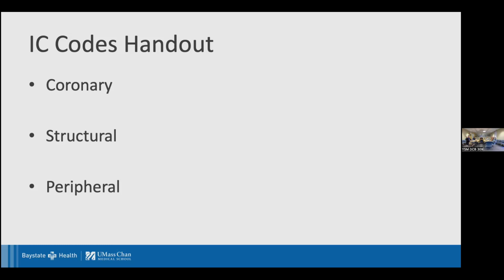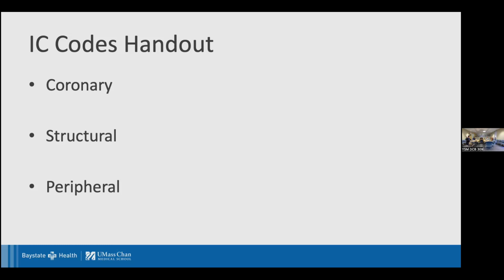Anything that is required for a procedure is typically bundled into the code. The goal of the code set is to be parsimonious. So, for example, there's no way to do a left heart cath without putting a catheter in the aorta. You can't bill separately for aortic catheter placement and left heart cath. It's presumed that somehow you got a catheter to the aorta. It's bundled. Okay? Ultrasound-guided access is an oddity in that it's bundled for all of the left heart, PCI, and